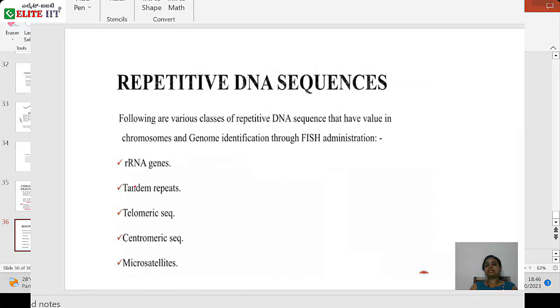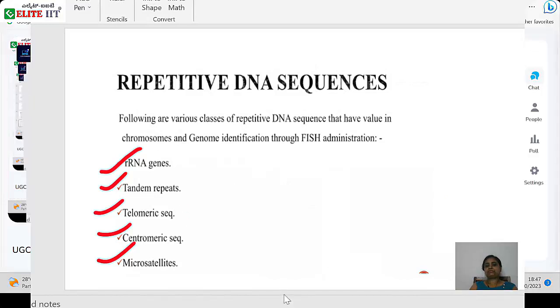Repetitive sequences you can mainly observe in the rRNA genes, in the tandem repeats, and in the telomeric sequence. I told you already, in the telomeric sequence, repetitive sequences are there. Centromeric sequences are also repetitive, and there are also the macro satellite sequences. Microsatellite is a small fragment repetitive sequence, less than 10 base pair or less than 6 base pair repetition. That is the microsatellite. Tandem you can consider slightly higher than that, above 10 base pair repetition. Okay, so this is all about